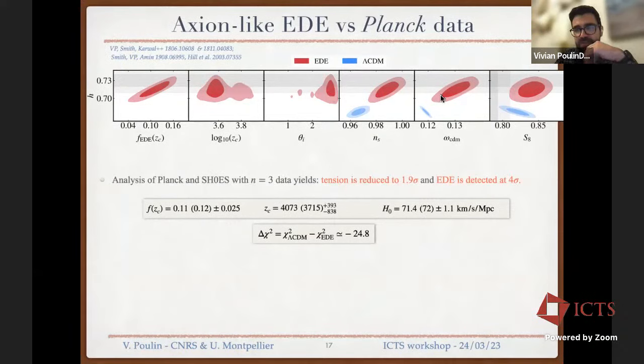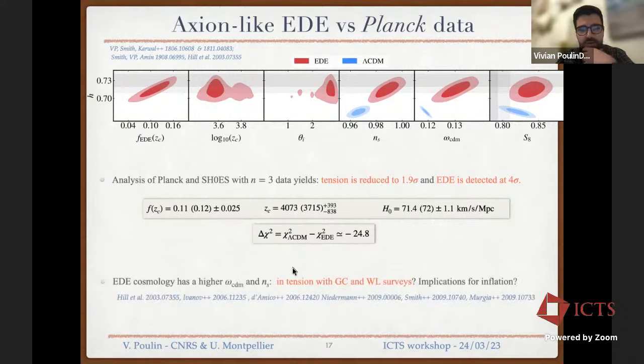And in addition, compared to lambda CDM, there is a much higher spectral tilt, a higher cold dark matter density, and a higher value of that S8 parameter that I'm going to talk about in a second. And this provides a much better fit. The early dark energy model in this simple analysis would be detected and favored over lambda CDM at about 4 sigma. Of course, as you can see here, the S8 parameter has increased, and so one may wonder, and n_s is much larger. So this has, of course, implications for inflation. And one may wonder whether this is in tension with galaxy clustering and weak lensing surveys.